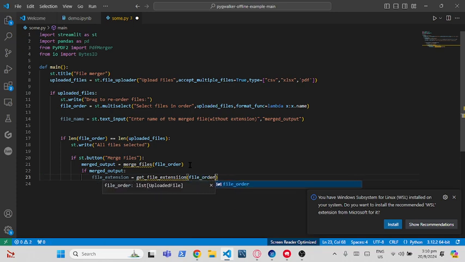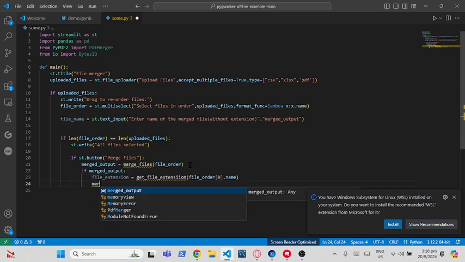File order 0 dot name. So that's what we want. And then merged file name